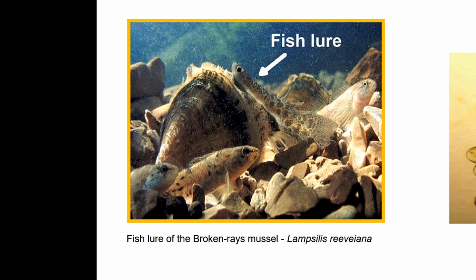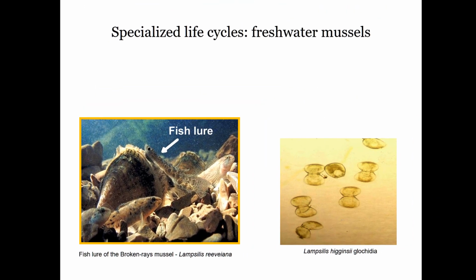So what the mussel does, if it wants to reproduce, if it had any wants at all, pardon the teleology, is it would have to release a whole bunch of gametes. Now the problem is, those gametes get washed downstream. How on earth is a mussel going to get upstream? Well, the way they do that is to encounter some fish and get the fish to do the work for them. So they release this fish lure that is still attached to them,